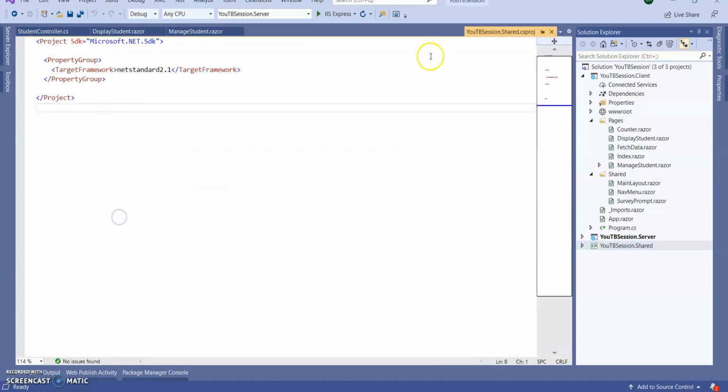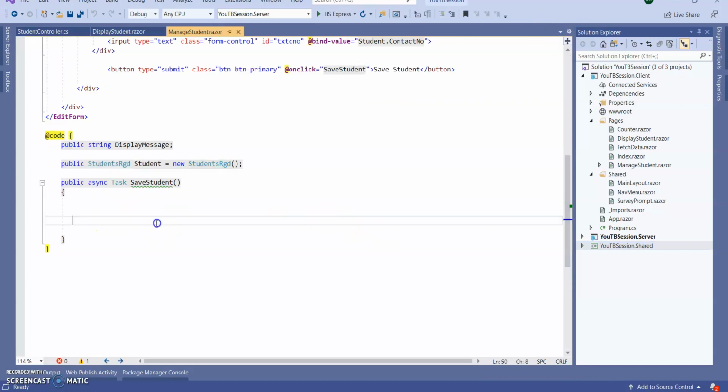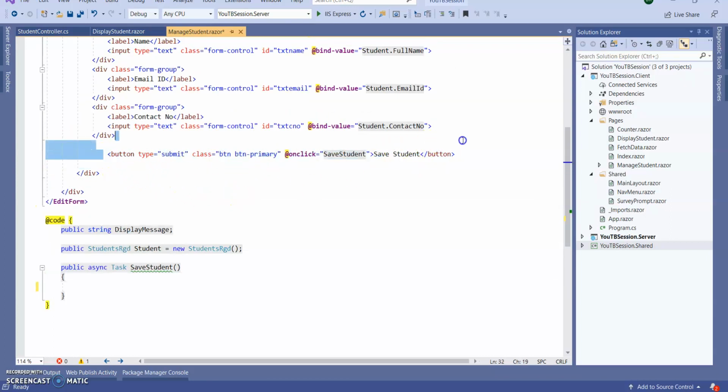Next, I created one event, which I am calling in the save student button. Now we are going to create the API first, then we are going to call that API using this save student.